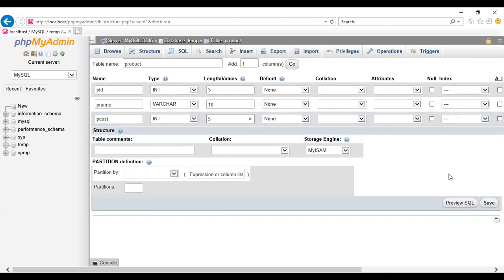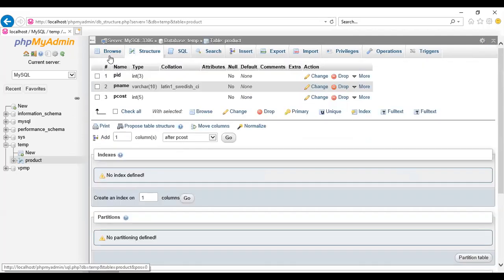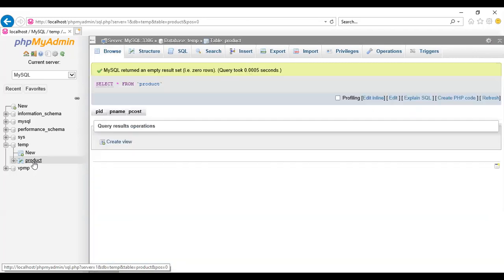So there is no need to write SQL statement. With the use of this graphical representation, the table is created automatically. Okay. Now see the product table. There are 3 columns: PID, pname, and pcost. Okay, but there are no records inside.